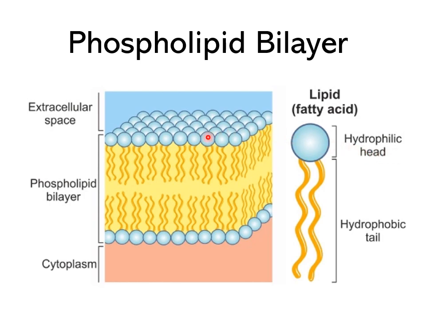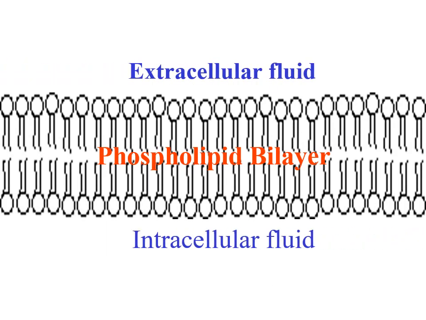Two layers of phospholipids with the fatty acids in the center, shown here in yellow, and the phosphates facing the water matrix, shown here in blue. The result is a stable boundary that can form compartments. All the membranes of the cell have the phospholipid bilayer at their foundation. Here you see the phospholipid bilayer of the plasma membrane, separating the fluid inside the cell from the extracellular fluid.